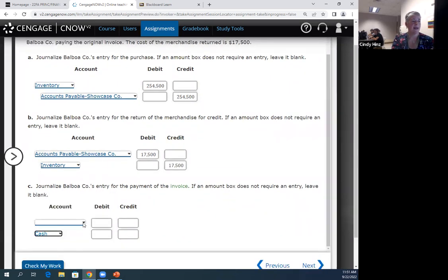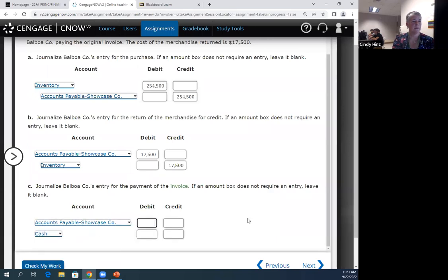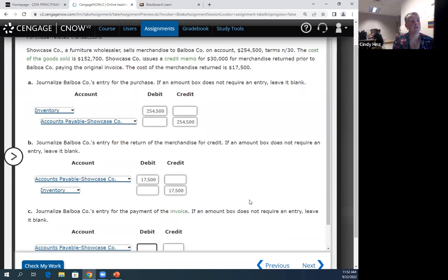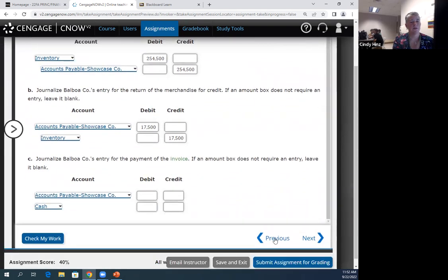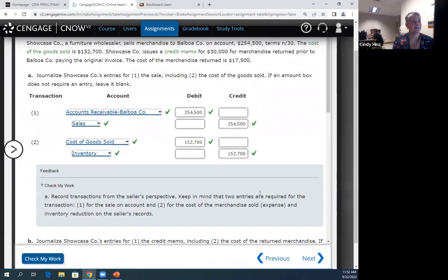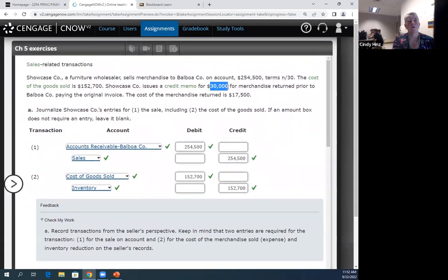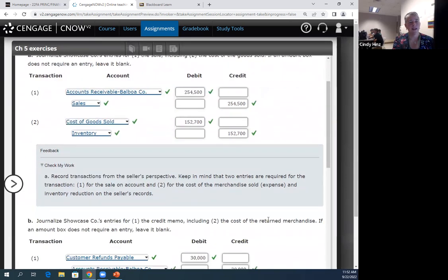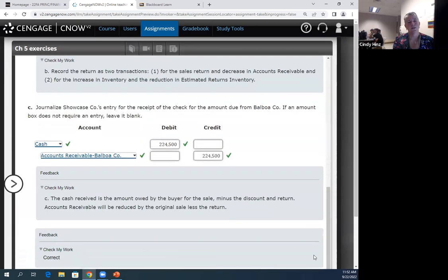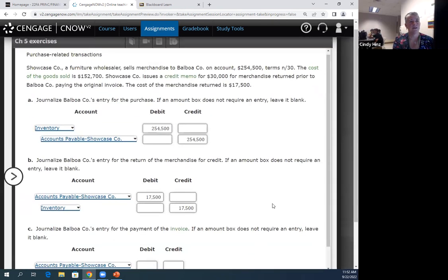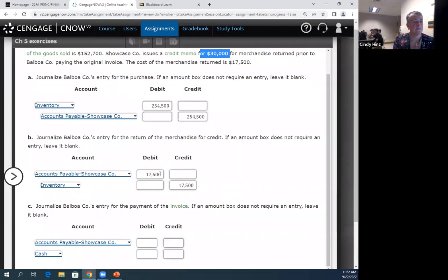And now when they pay that invoice, how much do they owe? And well, that number's different. I just want to point this out. There's actually, what I'm going to suggest is a mistake. So that credit memo was for 30,000, so that they should have used 30,000 in the next exercise as well, but they didn't. So that's actually oh, there it is. Hang on, they did. It's right there. They did tell us the credit memo was for 30,000. It must have been scrolled down too far or something.